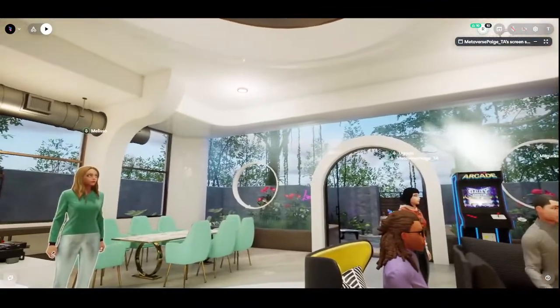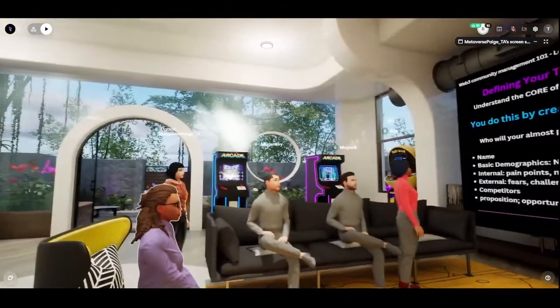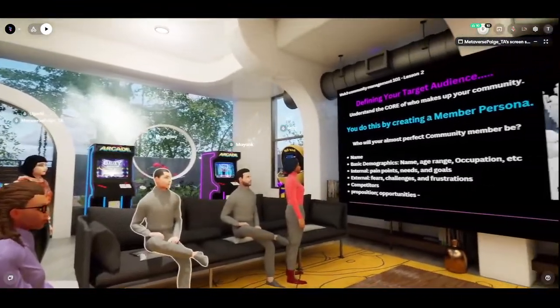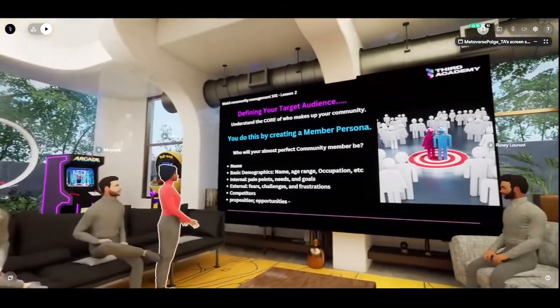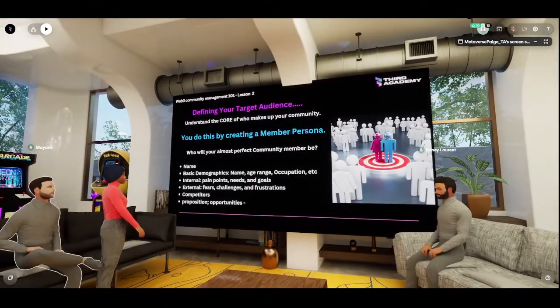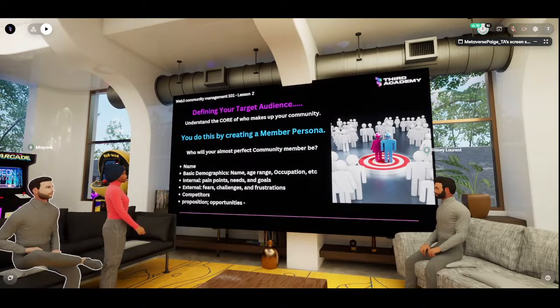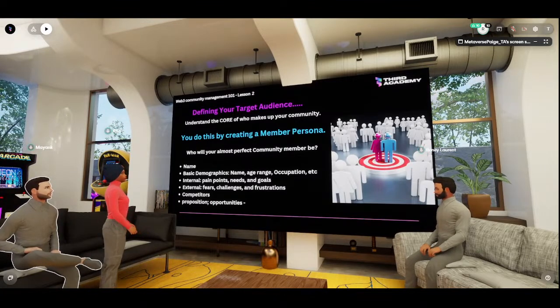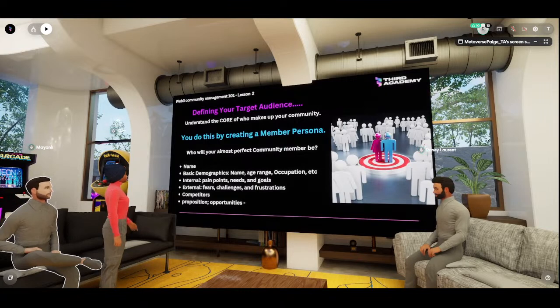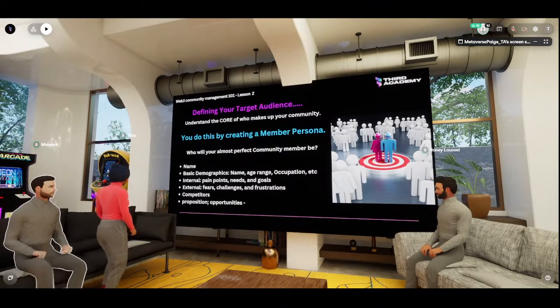Now, what are their goals, right? I'm sure as members of Third Academy, you must have been able to relate with one of the pain points that I have mentioned, or one of the needs that I have mentioned. That is to show you that I understand my member personnel, and what a community member needs.